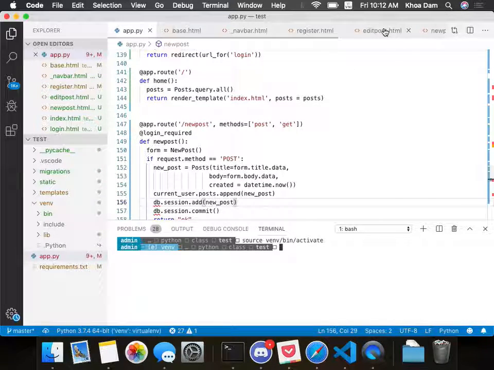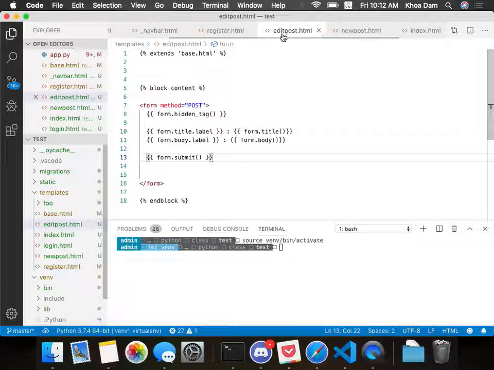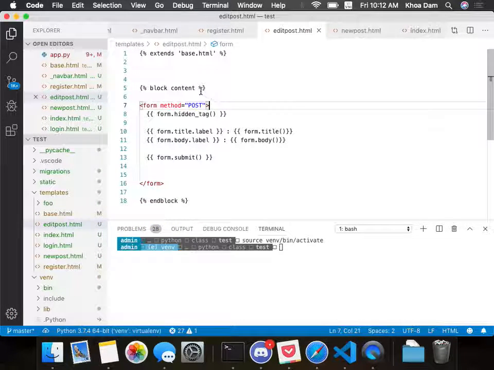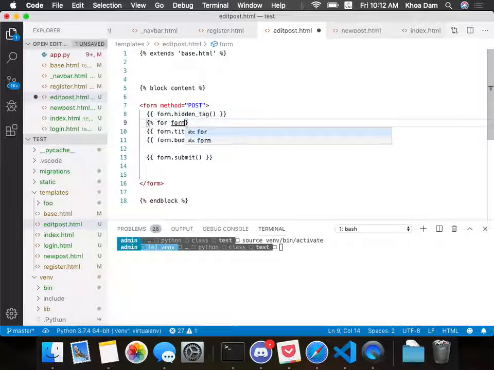For example, let's take this one as an example, right? Phương asked me why I use this syntax here. On the internet, in the official documentation, they are using it like this: for item in form, right? Something like this. And then they render